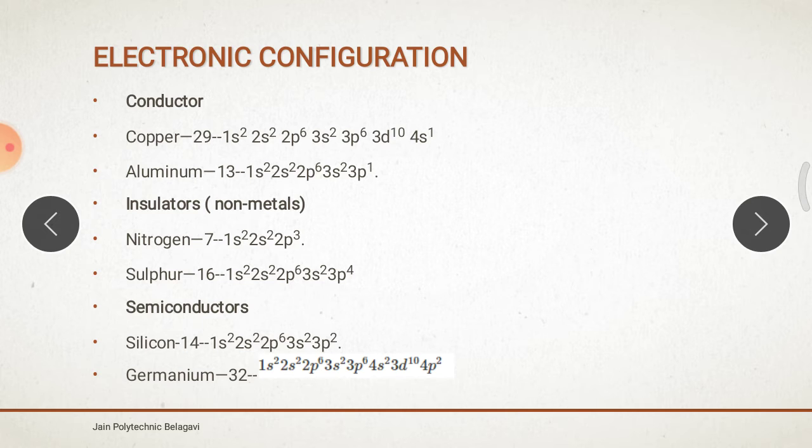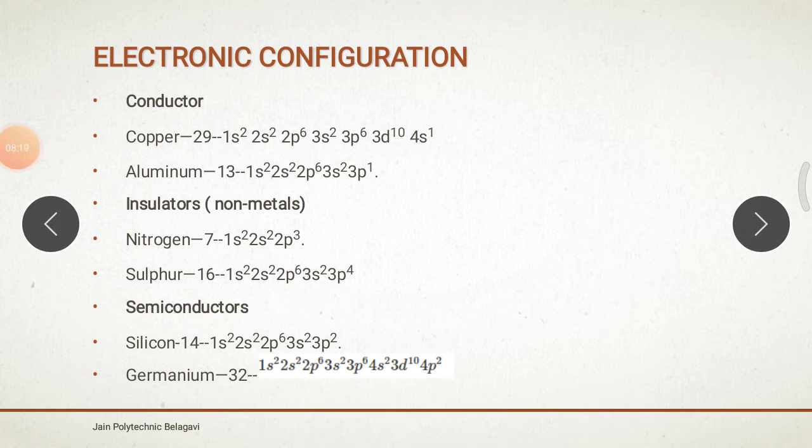In the same way, come to the semiconductors. Among semiconductors, silicon has atomic number 14 and germanium has atomic number 32. Silicon's third orbit consists of how much? 2 plus 2 is equal to 4. In the same way, how much does germanium have? See, this is the fourth orbit, 4s2 and 4p2, 2 plus 2, 4. Always remember, carbon is also a semiconductor. A semiconductor has how many valence electrons? 4 electrons.